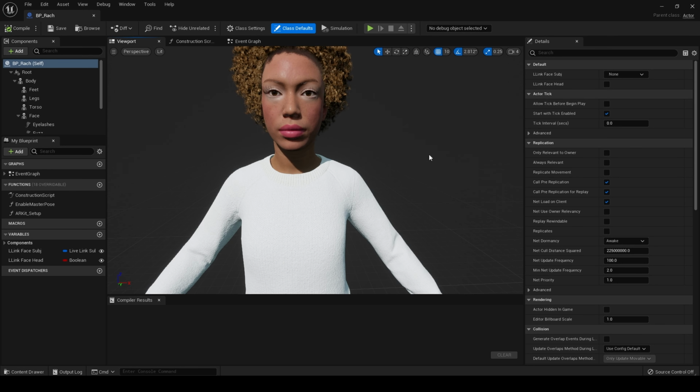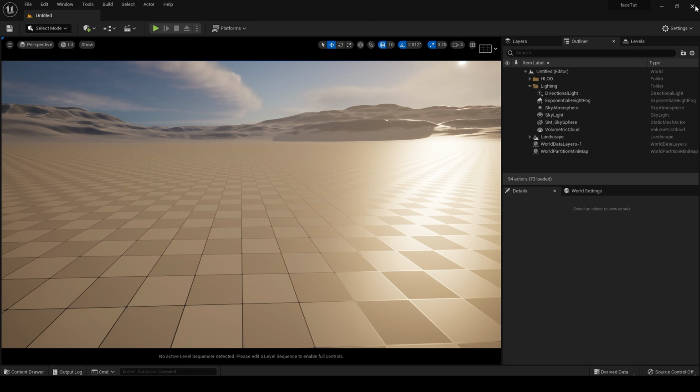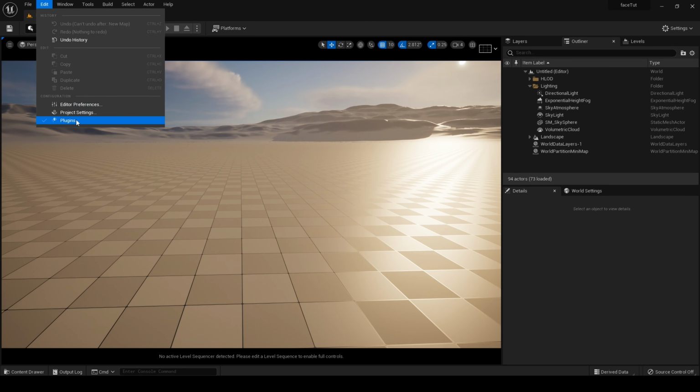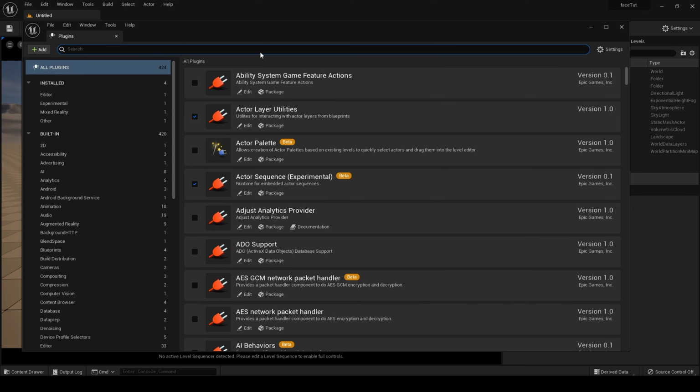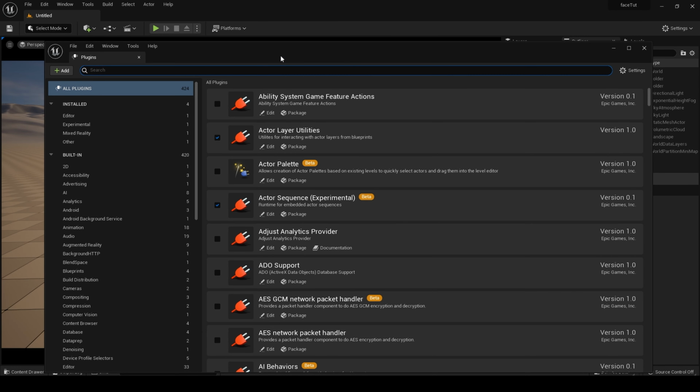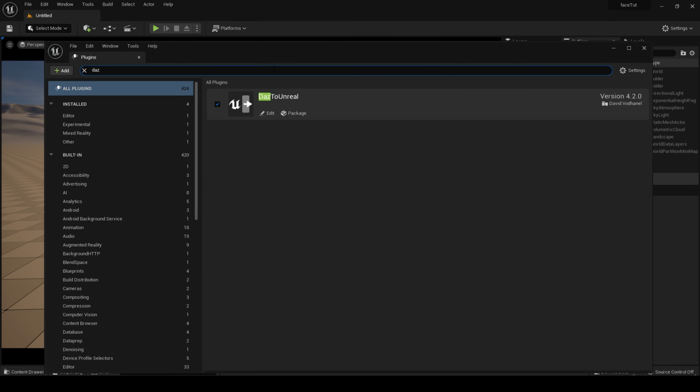What we need to do now with the MetaHuman imported is go and enable some plugins. And so we go up to plugins, and we need to ensure that Daz to Unreal is enabled. You can get that from my GitHub.